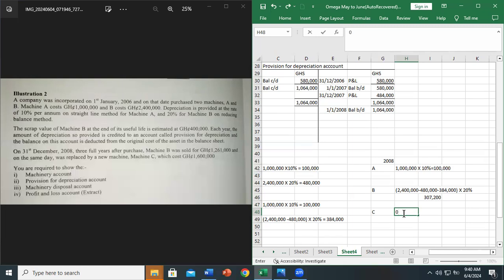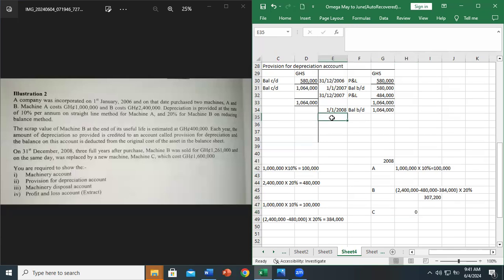So that is what I meant by you have to consider it. Because it was bought in 2008, you have to consider it. But after analysis, you would realize that the depreciation will be zero because you don't have to charge any depreciation. Okay, so for the year 2008, this is the depreciation we have